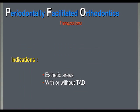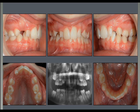We have tried also this approach with transpositions, especially in the aesthetic area, with or without temporary anchorage devices. Let me show you one of the cases. It's a little girl. She had a transposed upper left canine. So at this point,